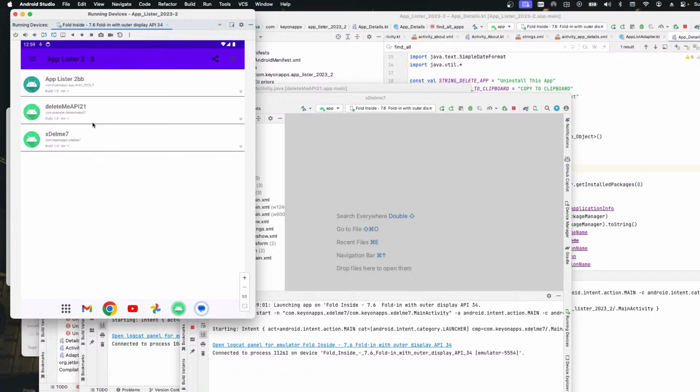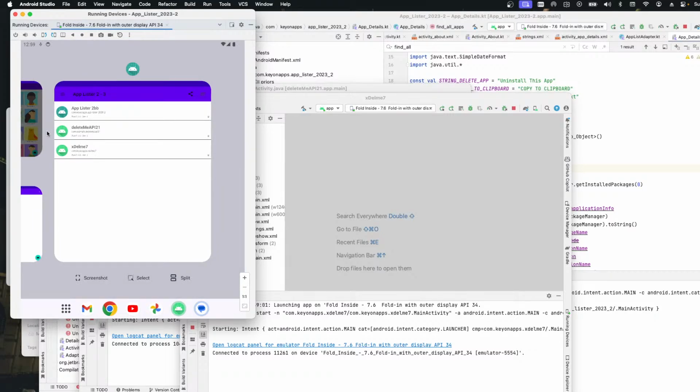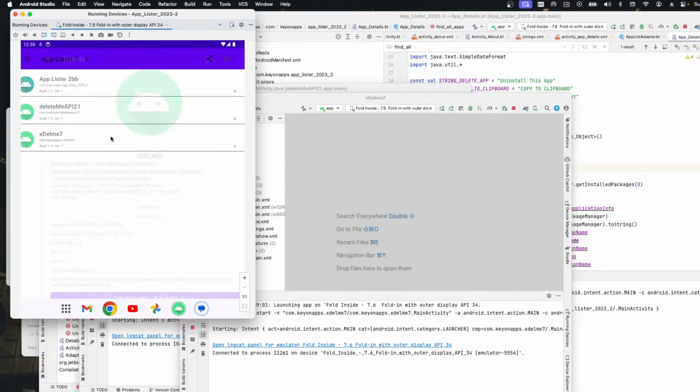Okay, so it's there. It's only there once, so maybe it was me. I didn't clear the array. Now, if I uninstall it,